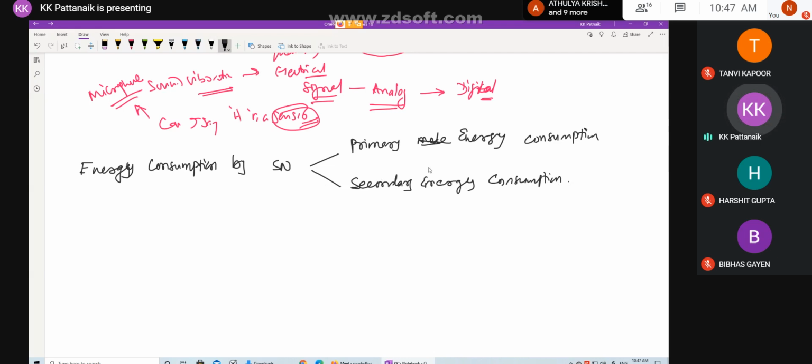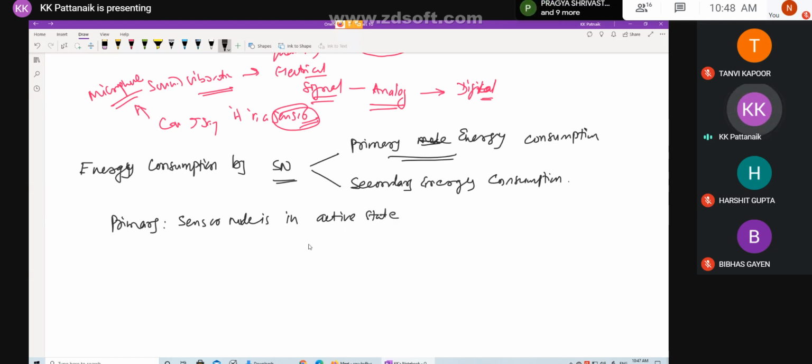So a sensor node is said to be in primary energy consumption mode when the sensor node is in active state,